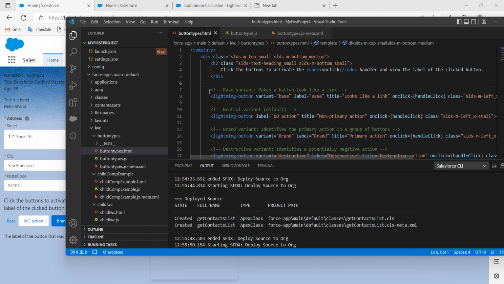As you can see, it's a comment, like base variant makes a button look like a link. It looks like a link, as you can see. When you go on it, so what happens? This title will appear. So variant, what else? Yeah, so we create a button, we use the lightning-button tag, and then variant, and label of this,